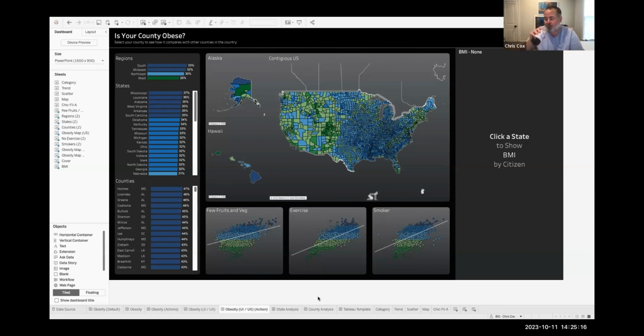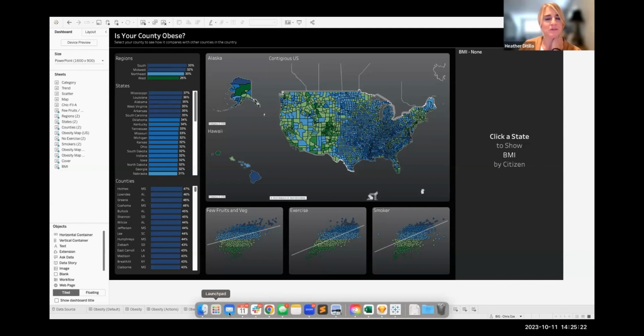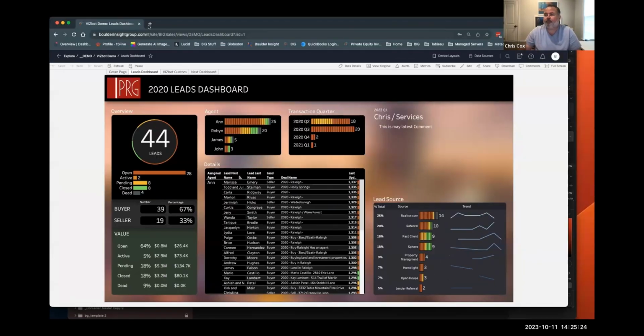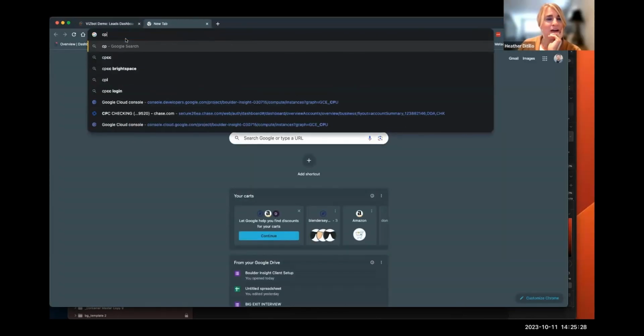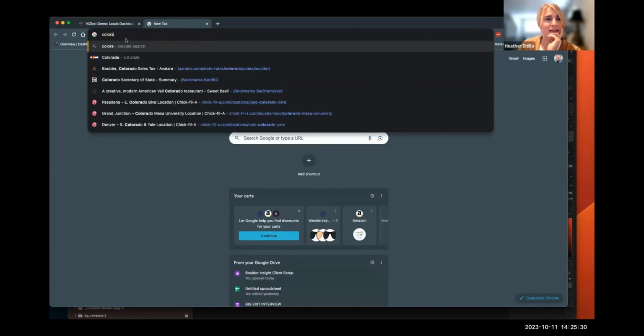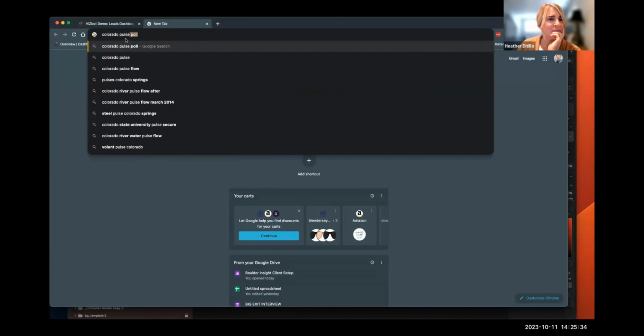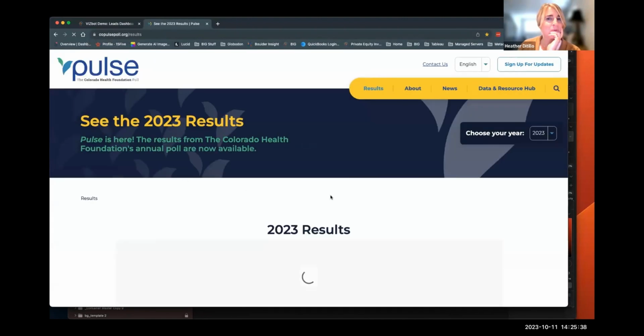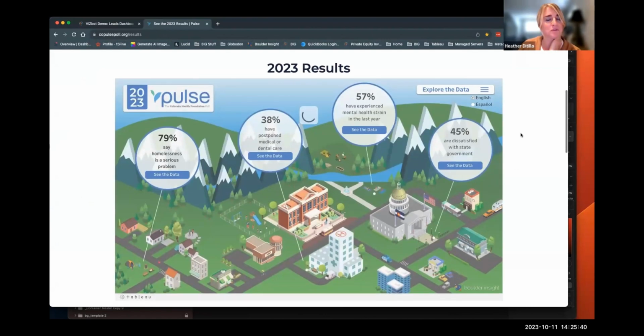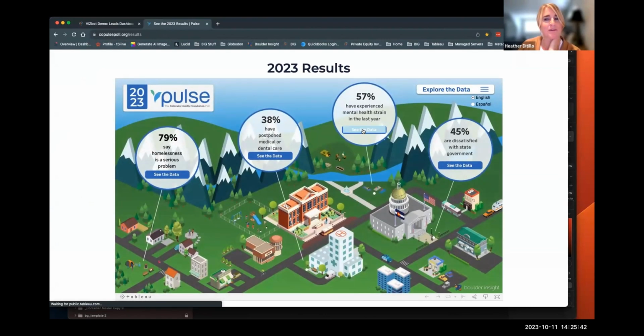And Chris, do you want me to show the Colorado Pulse poll where we do have the information on it? Or do you want to pull that up? I have it up on my screen. Okay. Yeah, just Sharon, so you can see how we've integrated that into a dashboard. I think that could be helpful as well. And then when we're done showing this piece, Chris, I'm going to have you pull up that dashboard action with exclude one more time. I'll walk through that a bit.